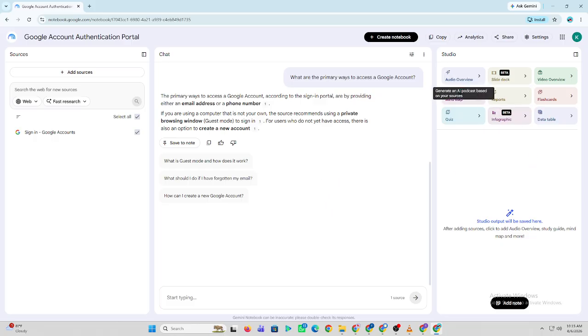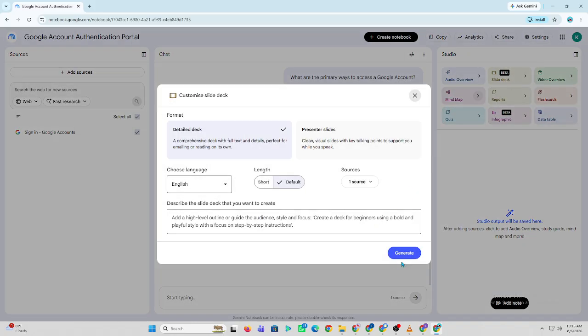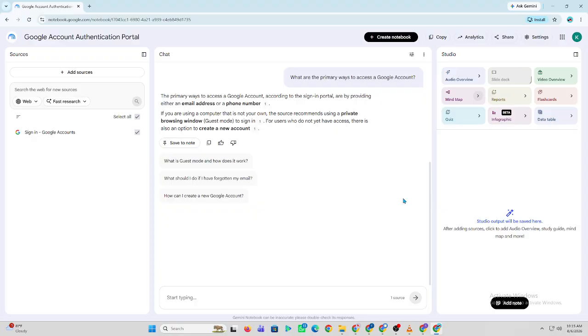Next, create a report structure by asking NotebookLM to help organize your findings into sections such as Introduction, Key Insights, Analysis, and Conclusion. Review the generated information and check the source citations to make sure the details are supported by your original documents. You can refine your report by asking follow-up questions, requesting more details, or changing the writing style